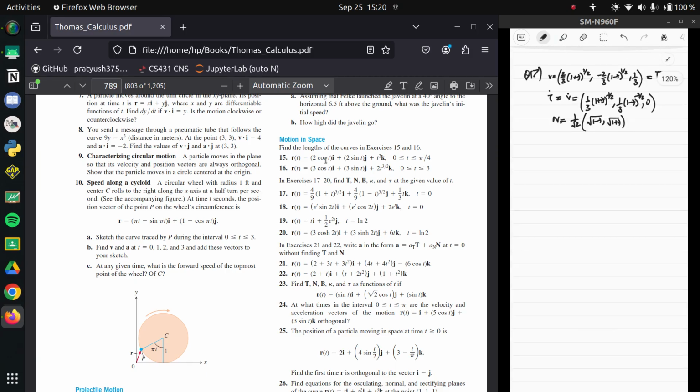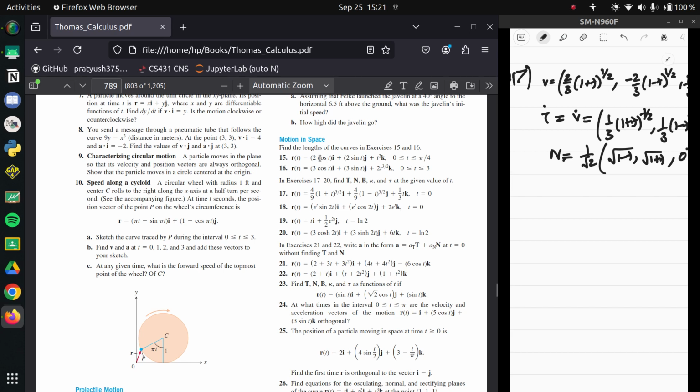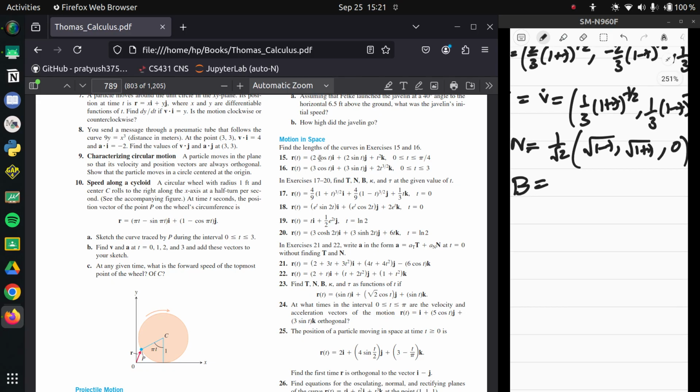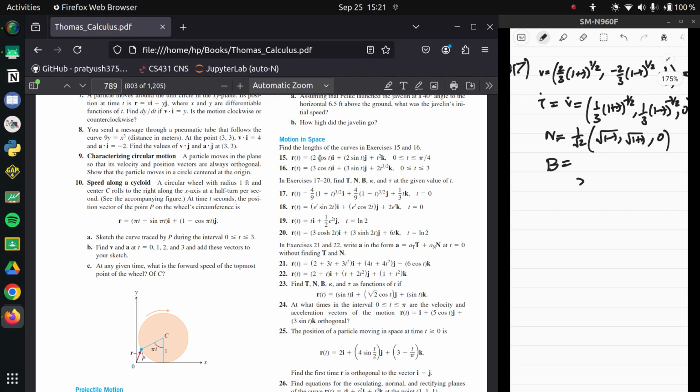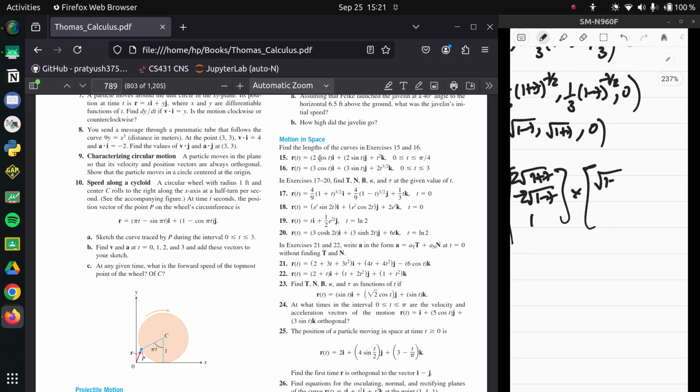we also have a 0. Next, what you want is the b vector. So b is just t cross n, so it's just this cross that. Yeah, you have to do it. So it's just 2/3. Not even 2/3, you just have to have 1/3. This crossed with, which is